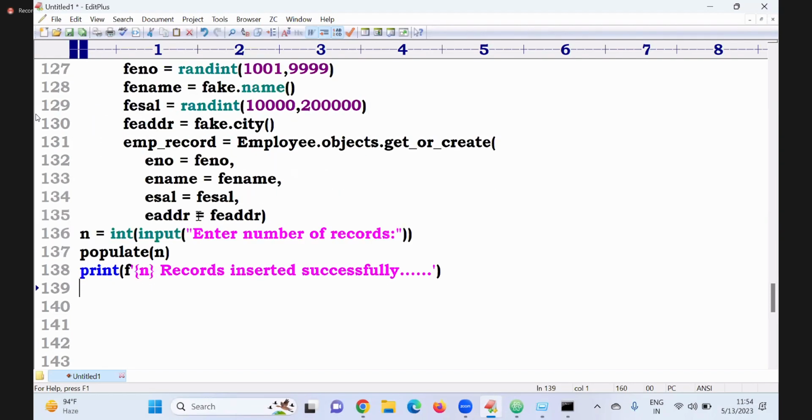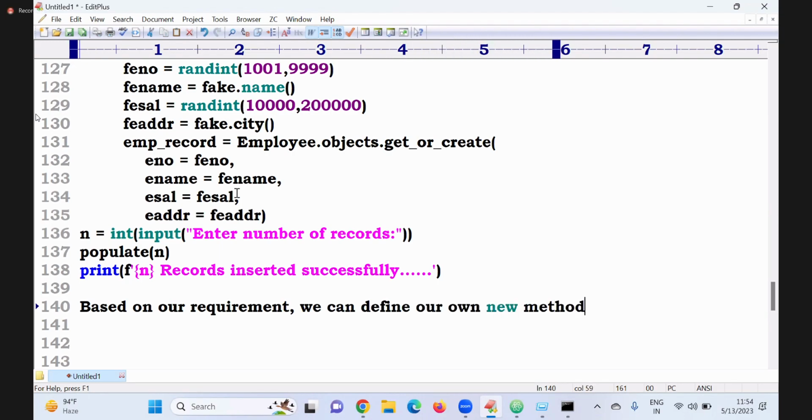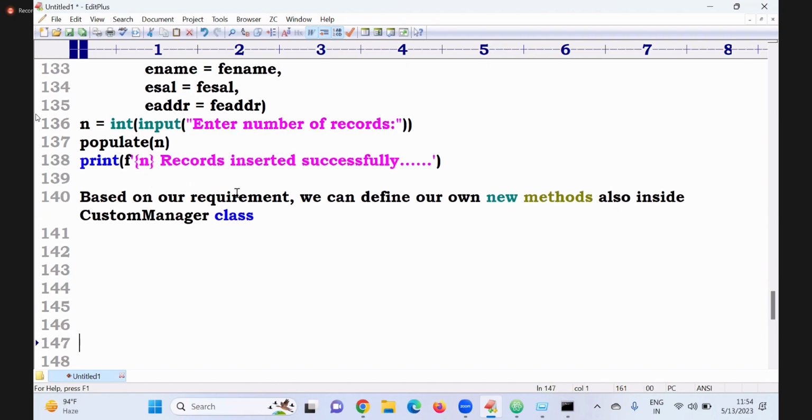Now my requirement, based on our requirement we can define our own new methods also inside. అసలు ముందు కస్టమ్ మేనేజర్ క్లాస్ ఏది? We have to create. I will create. Okay,